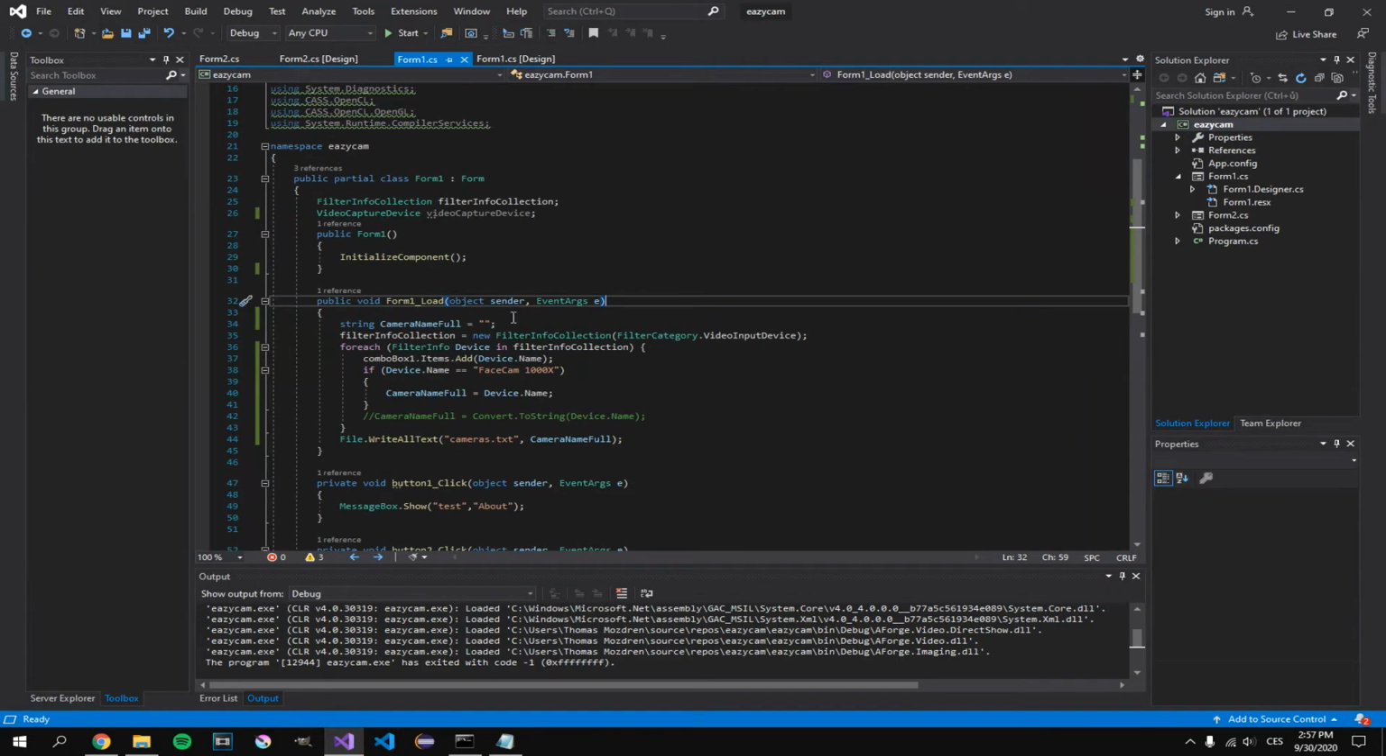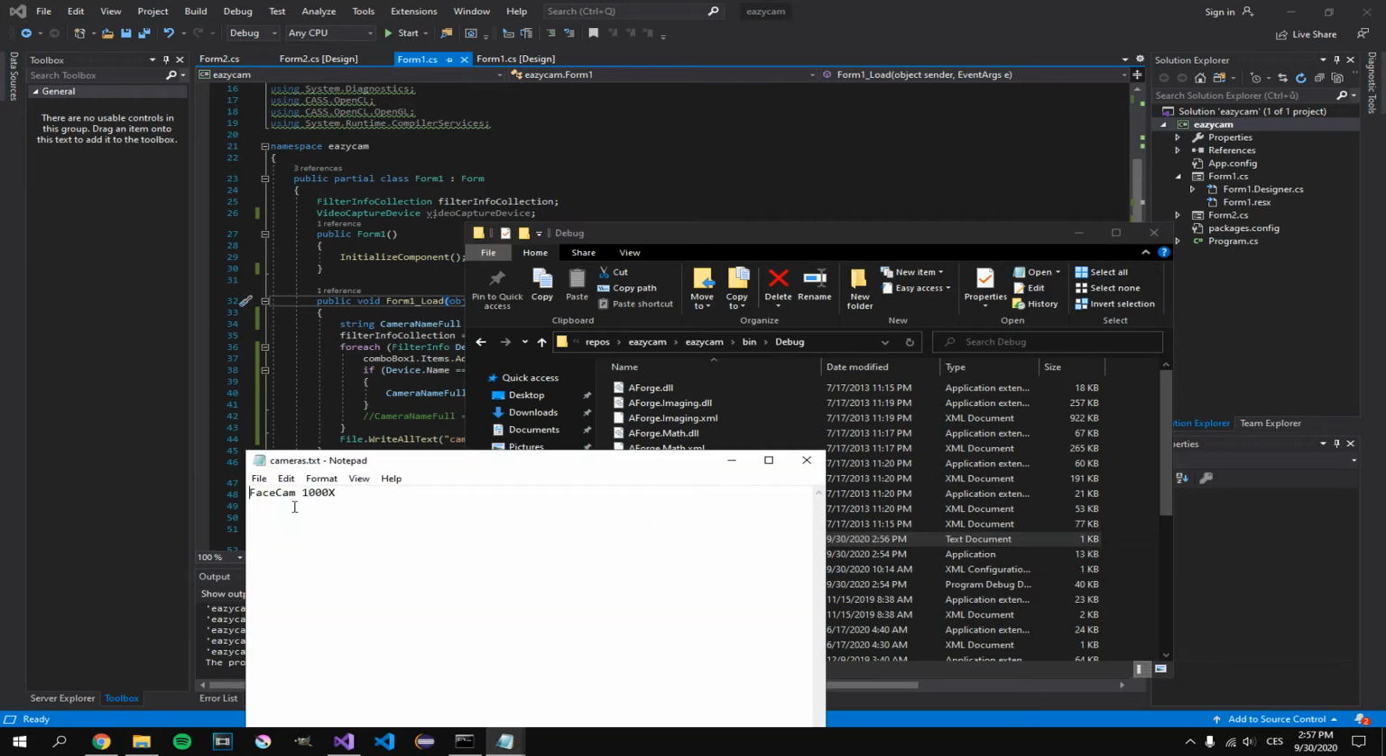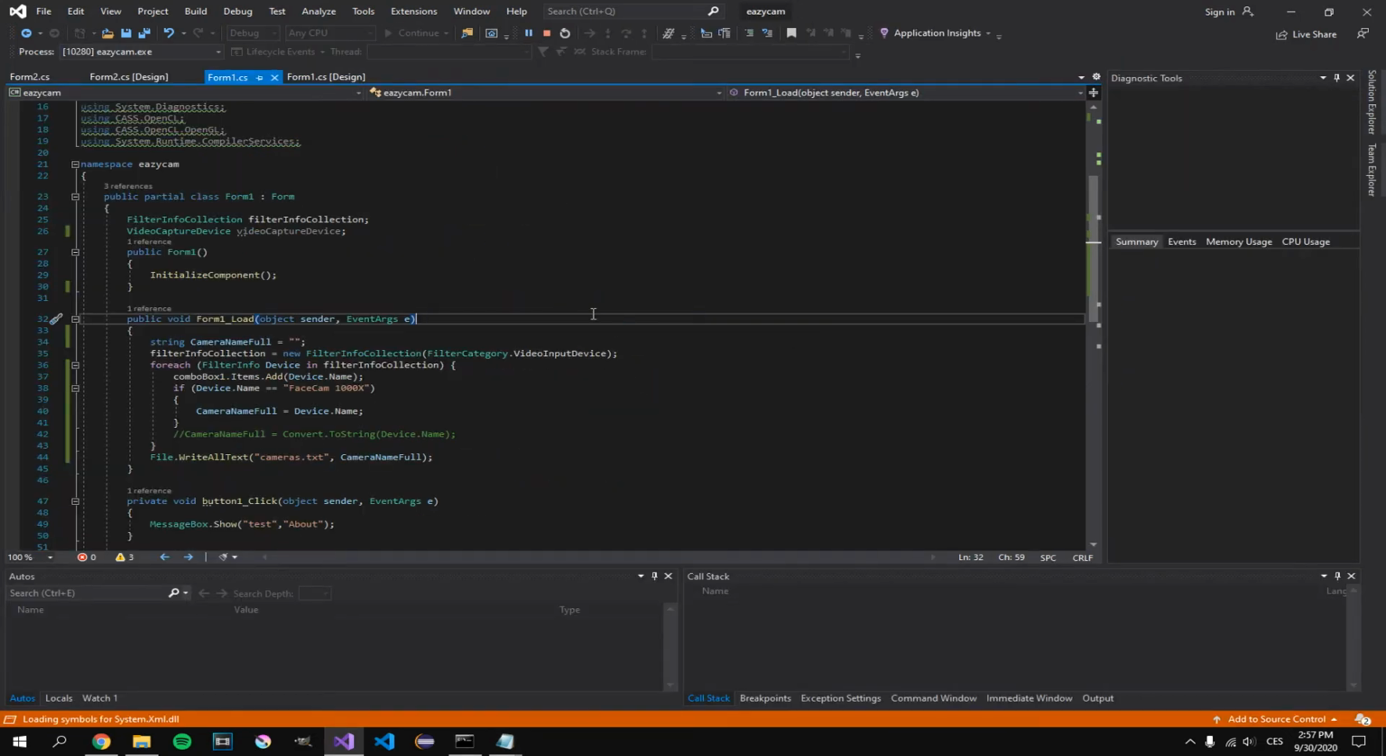But the way I did it to parse data between these forms is that I'm using a text file, and the text file gets loaded with the information. So to show you this, it creates a text file inside of here, and once you open this, it will have the name of your camera that you've picked, and you'll have to change this. The way you know what you have to change it to is really simple. You just open the application,